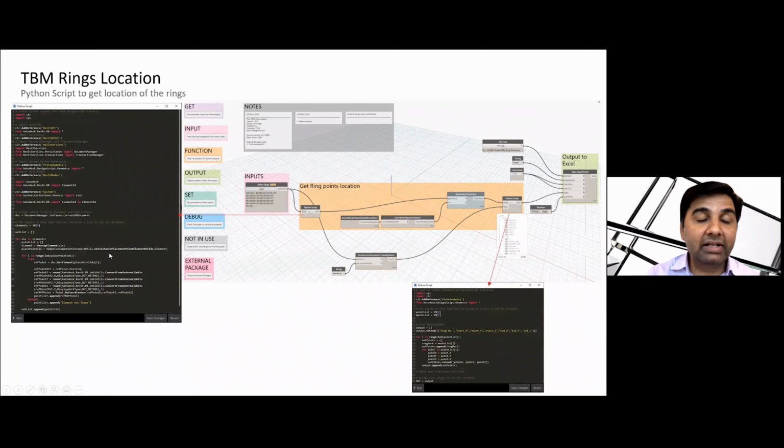For example, here I'm converting all the units to meters. I'm not using the internal unit. Afterwards, we get all these inputs and then reverse transform them, because we have to transform from the Revit coordinate system to the global coordinate system since we want to generate a table. Then I use another Python script just to rearrange all these nodes, because we need to make the data ready for Excel. In this Python script, I also mention that I need some column headings, so I already implemented all these column headings. So this is the output we get afterwards.